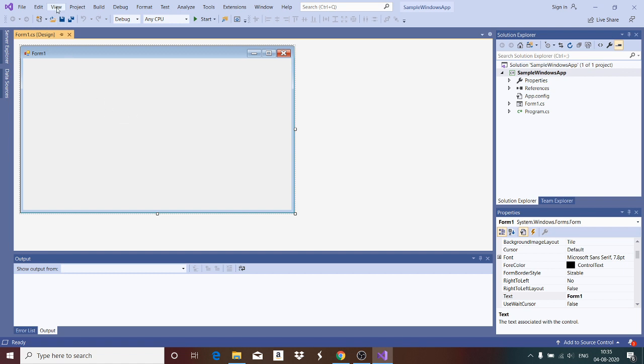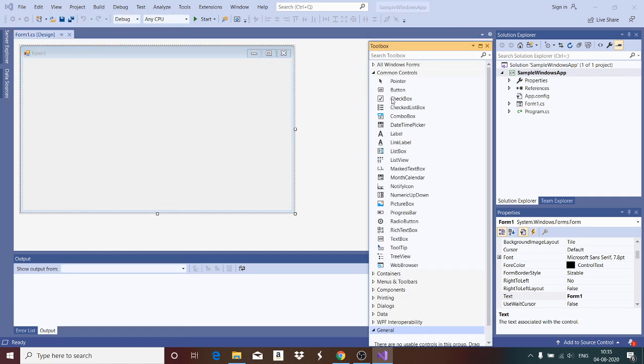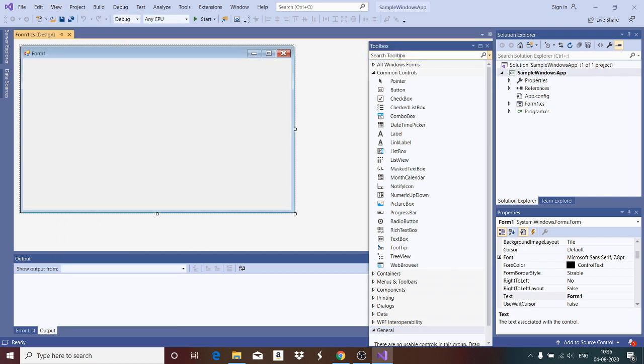So let me go to the View menu, and in the View menu you will have Toolbox. You just click on the toolbox, then the toolbox will be visible to you. Go to View, select Toolbox, and the toolbox will be displayed here.